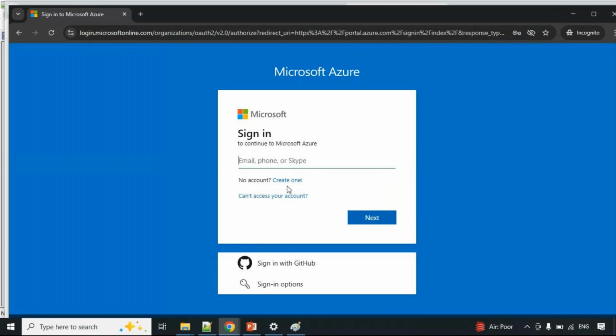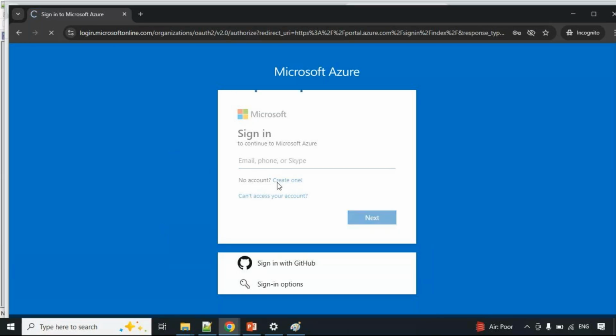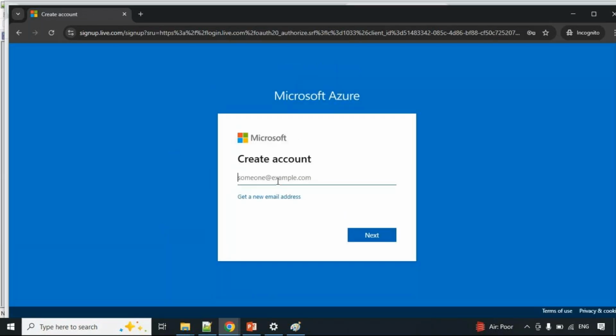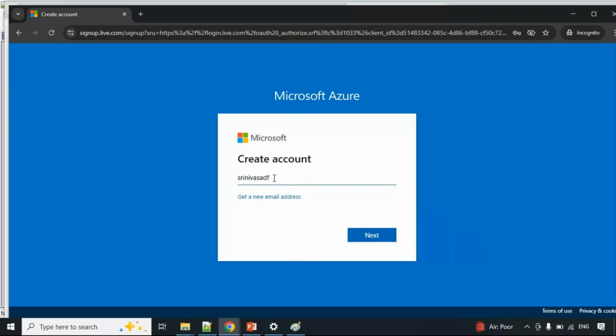As I am the first one, I am going to create a new account. Right now I am doing it the first time, so create one. I am creating an account, Srinivas ADF 04.